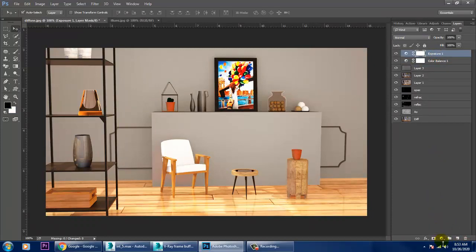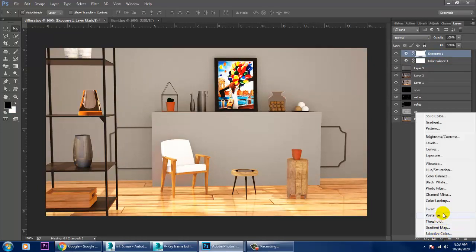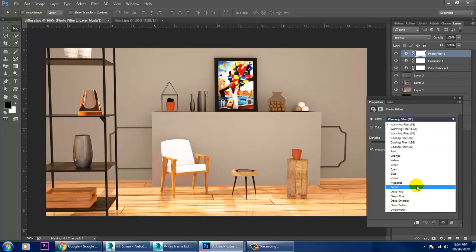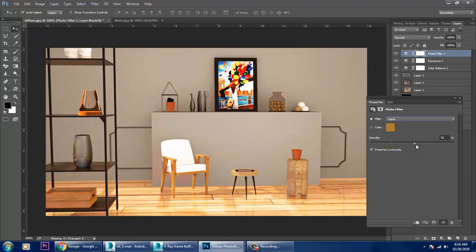Again, I can go into this, and if I want to add a bit of photo filter also, I can easily add a photo filter. So I can just go into this and add some photo filters into it and give some changes to it.